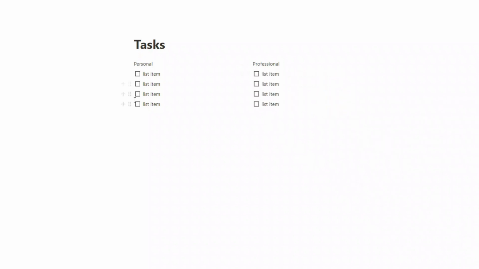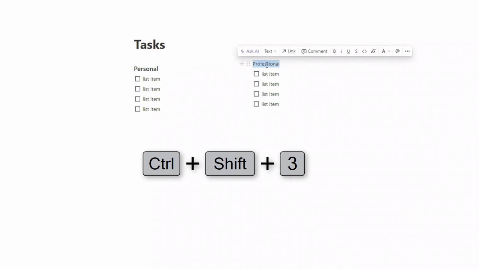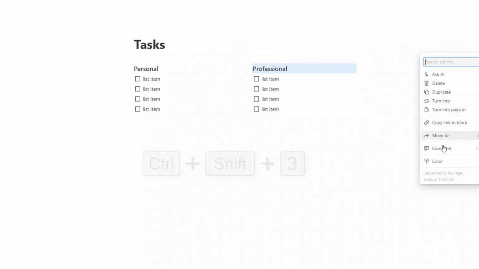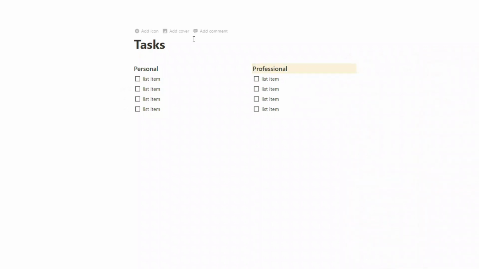And then we'll come over to these headings. We'll make these into H3 headings, which the shortcut is Control-Shift-3 or Command-Option-3 on a Mac. Then we can just put some colours behind these headings. I think we'll make this one blue coloured. And it starts to look quite